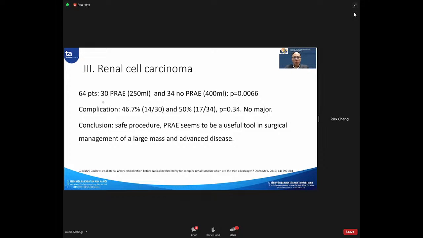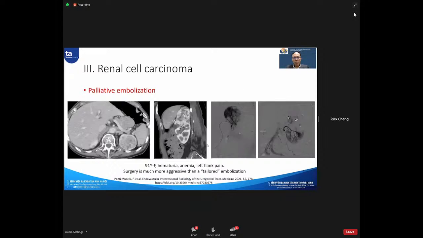So it means embolization for RCC before the operation reduces the blood loss volume, and there's no complication difference between the two groups. So he concludes